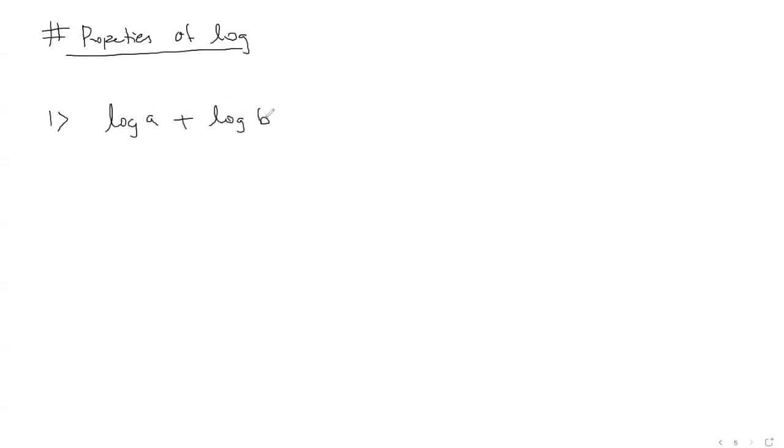Now, next, let's look at some properties of log. These are the properties, very important while solving questions based on logs. Let me write them down one by one. First, and the most important, is when you have log A plus log B, this is equal to log of A times B. You can simply multiply A and B here, and that is how it works. We are not proving the property, but we will use this a lot, so keep that in mind.